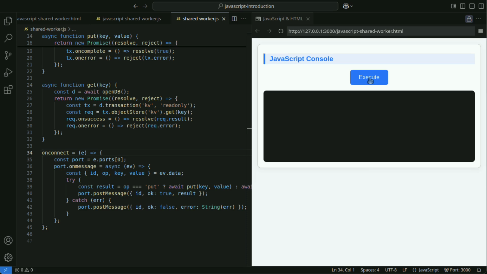Each type of worker has the following characteristics. A dedicated worker is intended for use by a single page only. It enables a one-to-one separation of computations from the UI. A shared worker can be shared across multiple pages with the same origin. It is ideal for inter-tab communication and sharing a single connection.